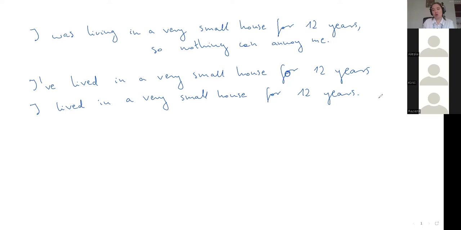And now I am sure that at least for her, these three constructions were completely equal in the general sense, but this past continuous, I was living in this very small house, was giving the exact emphasis on the process of living. So that's why she used that. Was it wrong? I don't know. I wouldn't say that I can be the judge of that. I'll just leave it there.